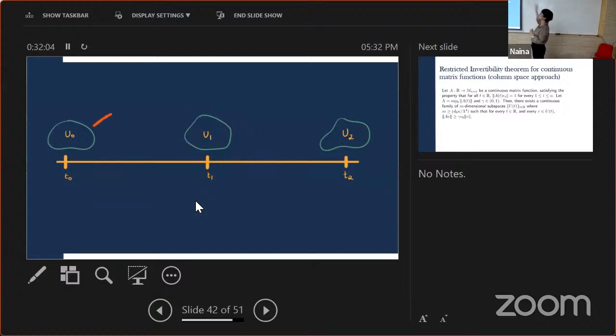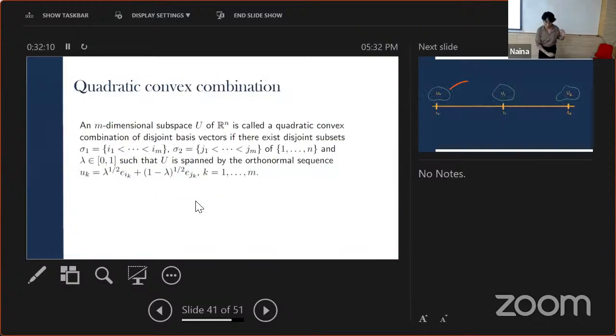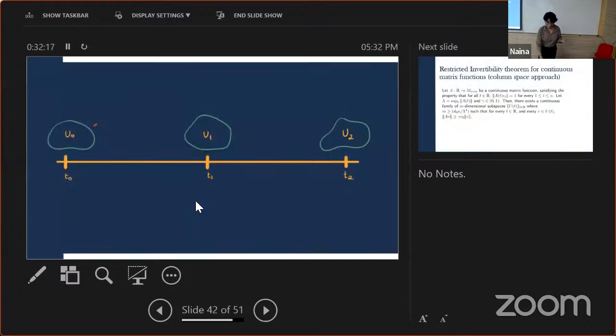We sort of want to go from one space to the other. The idea is we want disjoint subspaces because our quadratic combination only works for disjoint subspaces, right? So we want to say, okay, I have some subspace U0 here, some subspace U1 there, and I want them to be disjoint, but they may or may not be disjoint, right? And so what we do is we modify the Boolean theorem.